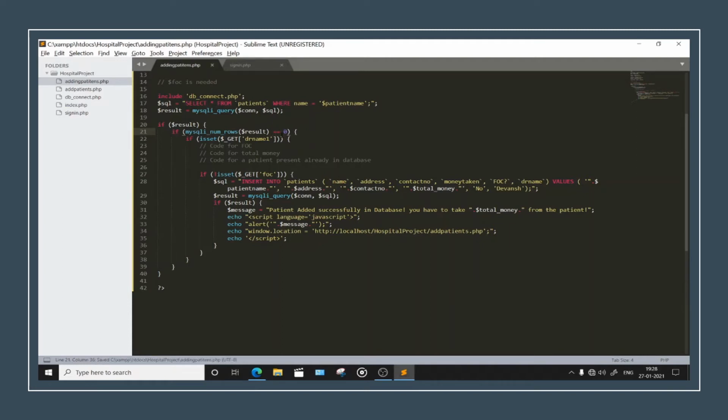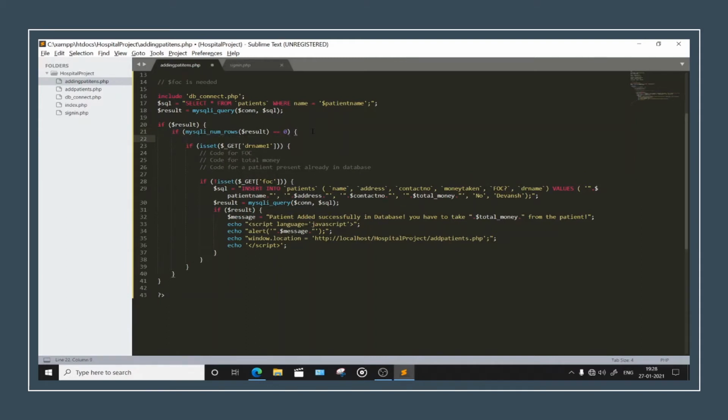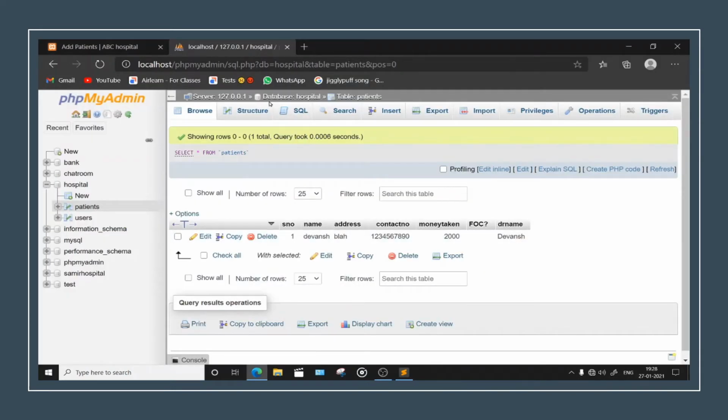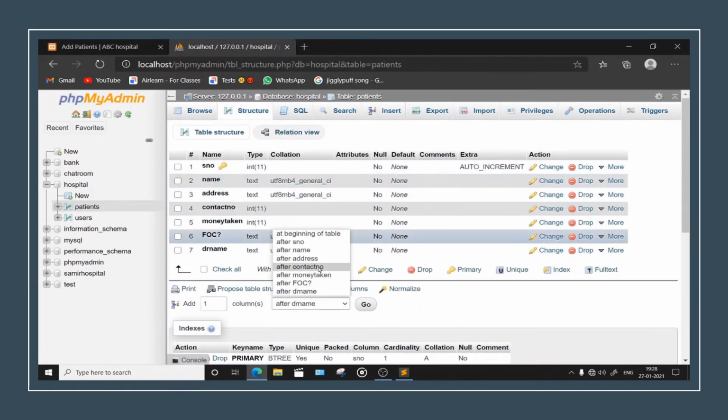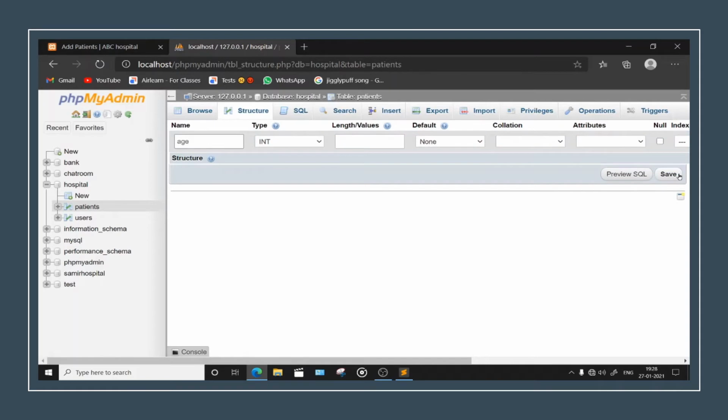Okay, so what does it need to do? Now we need to execute once again $SQL equals select. Okay, copy this, Control C, paste it here, select age, comma. Okay, we have not kept for age, right? So just forgot. Sorry, friends. I thought that something is missing down there. That's why. No problem. What we will be doing? We will be adding after name. After name, go age. Fine. Nothing more.